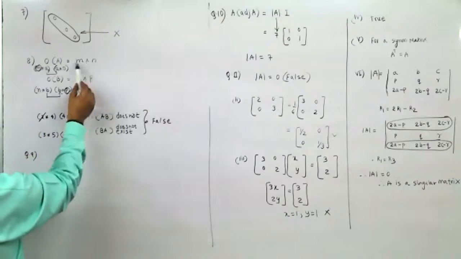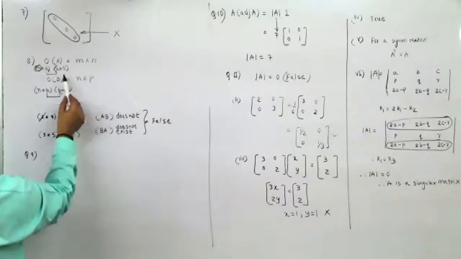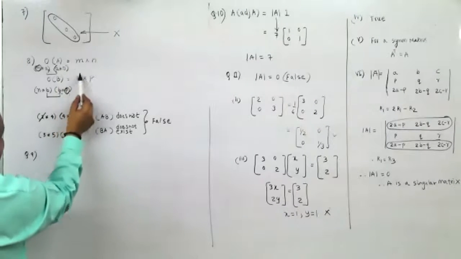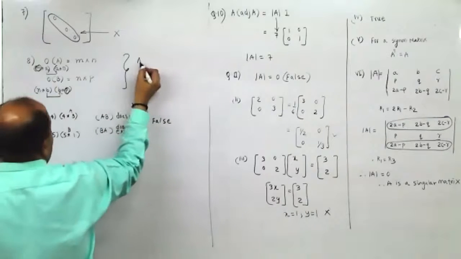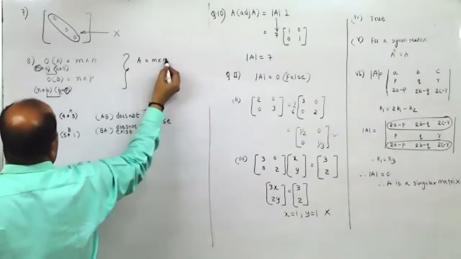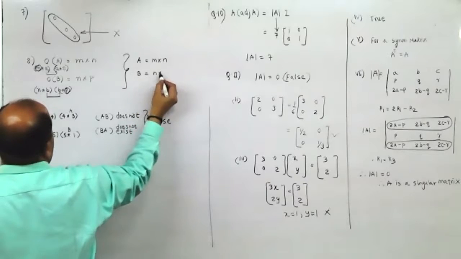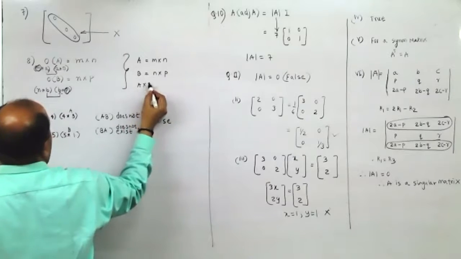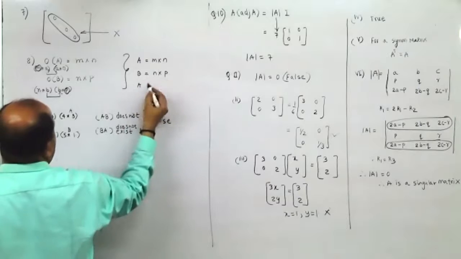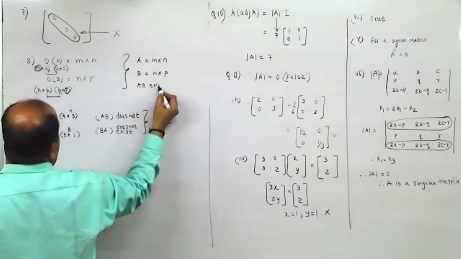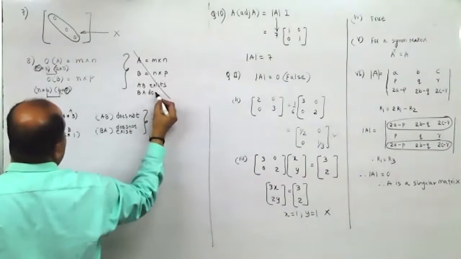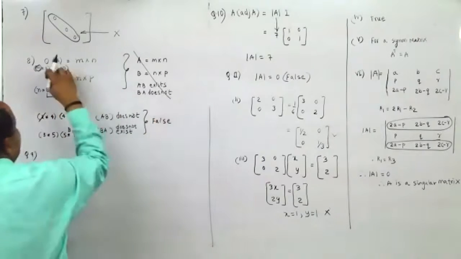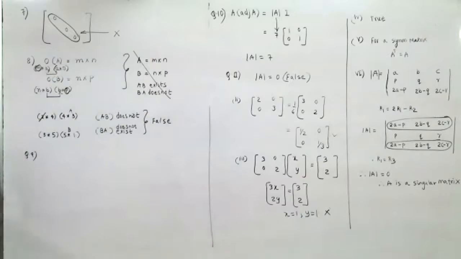It is not this way that A is M by N and B is N by P. They didn't mention A is M by N and N by P. Had they mentioned A is M by N and B is of order N by P, yes, then A into B exists. And B into A does not exist. But this is not the question. They have said O into A, so you have to think it in this manner. Followed?